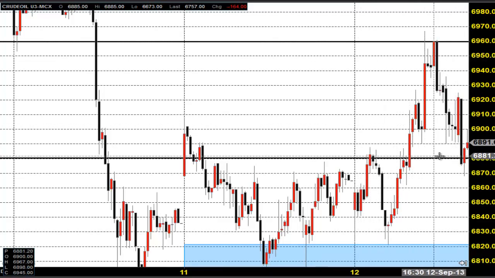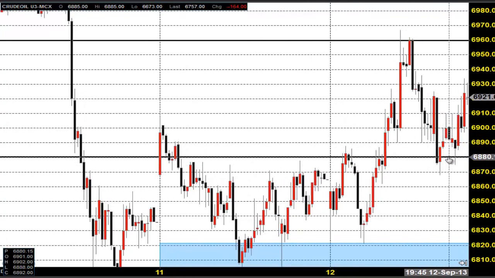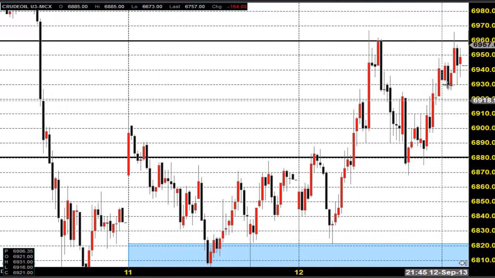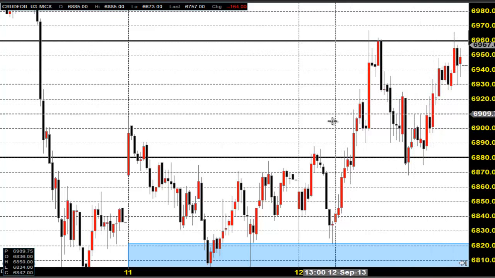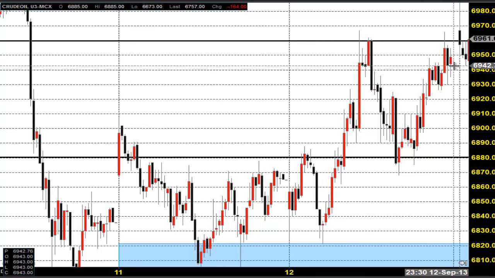Now it should act as a support. 6880 should act as a support, because earlier it was acting as a resistance. Now it should act as a support. You can see the market found a support here again. So the price gave a bounce back to 6960. So this was a price action that happened on 12th of September. So the price closed near